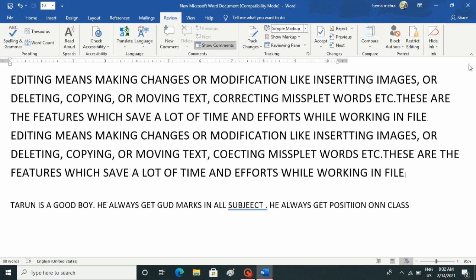Now next is undo and redo. Microsoft Word keeps track of all the commands used while creating the document. If you want to reverse the effect of your last command, you can click Undo, the Undo button in the Quick Access toolbar. You can undo up to the last 100 actions in Word 2010.